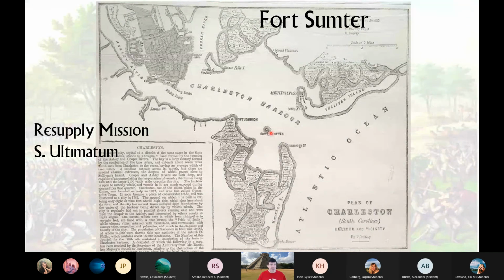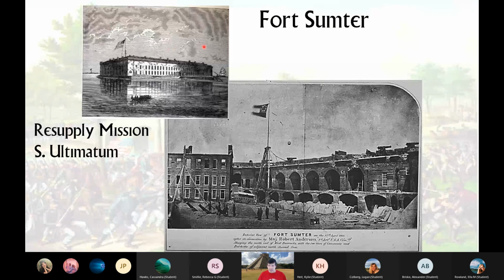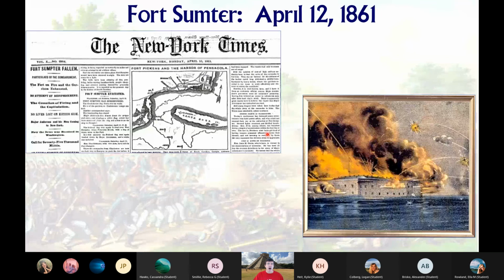And so out here in the middle of the bay is this fort. There's the American flag. Here's a picture soon afterwards, and you'll notice the Confederate flag flying in the wind. And so on April 12th, with the Star of the West, the resupply mission just within sight, the Confederates opened fire. Here's headlines of the New York Times. I like it's called Fort Sumter, but everyone called it Sumter. So you see a couple different spellings of it.